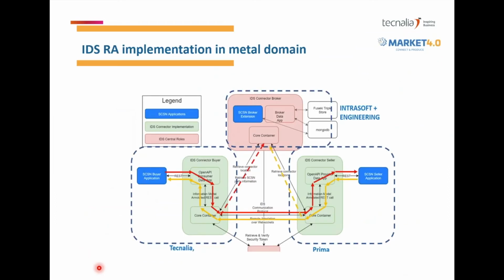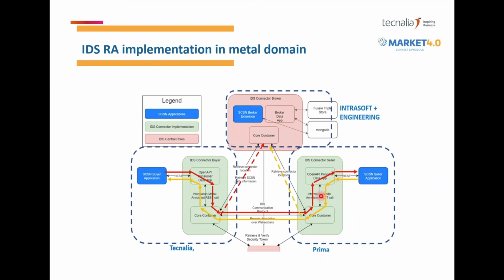If we look at it in the IDS reference architecture implementation, we see on the left-hand side the service providers, on the right-hand side the equipment providers, and on top we can see the IDS central modules. So there is a configuration through a connector. So there is a request of information here in red color, going from the service provider to the data provider.